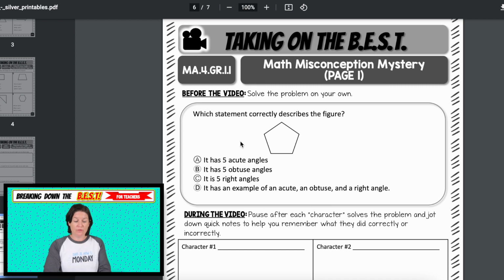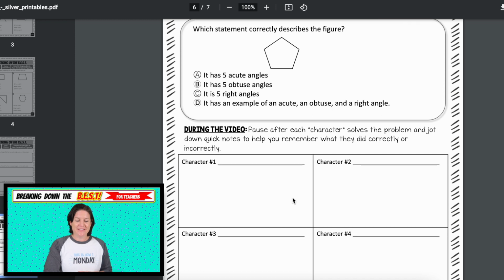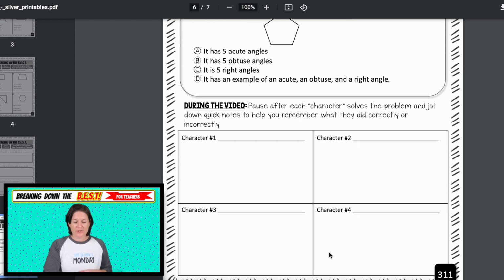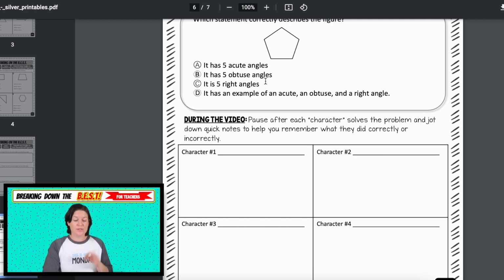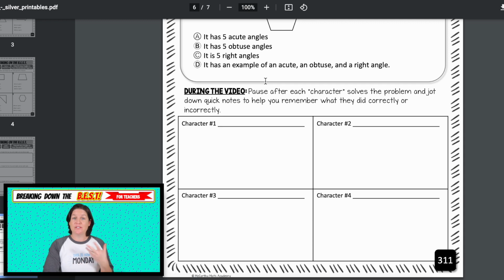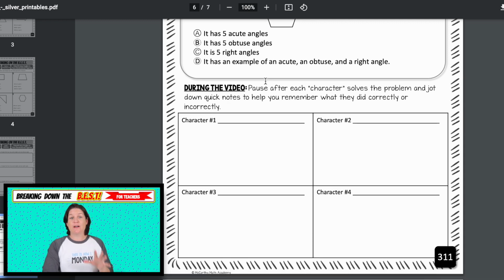First, students will solve this problem on their own or in a small group. You can decide that. And then they will watch as 4 characters solve the same problem. These characters are just me dressed up in silly costumes, making mistakes that students commonly make. So 3 of the characters will make a mistake. 1 of them will have the correct answer, and students will have to discuss and decide and justify who's correct